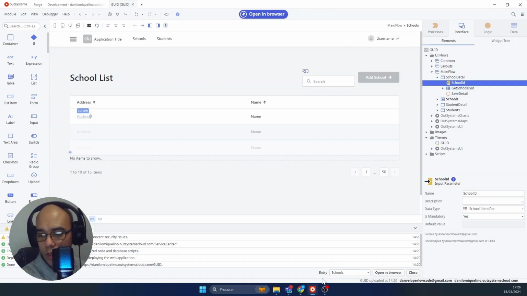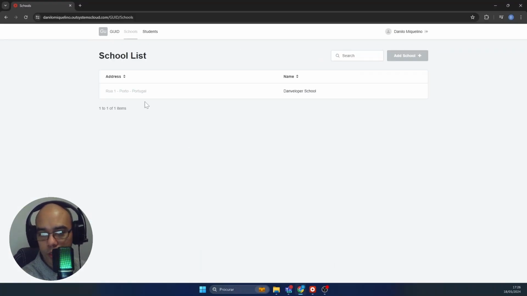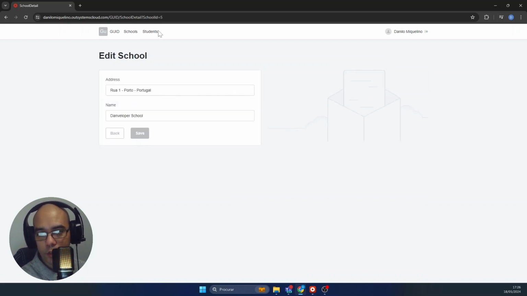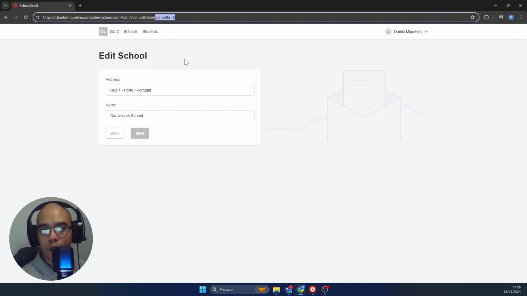Let me show it here in the browser. I have here, for example, this record, and you can notice underneath that its ID is 5, for example. If I click, it will show the same thing, and we see the ID equal to 5. So here I have no others, it's